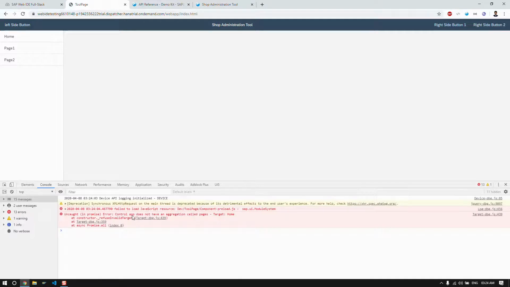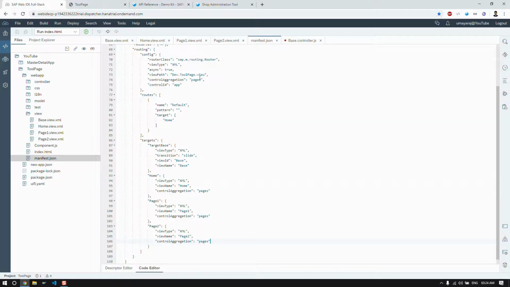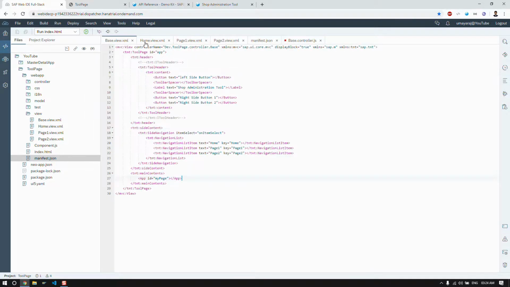Okay, control app does not have an aggregation called pages. Okay, so it's taking a control ID app. So this app we are using for the main tool page. So now our new app control ID is, we check our control,